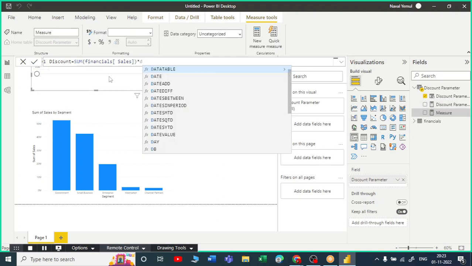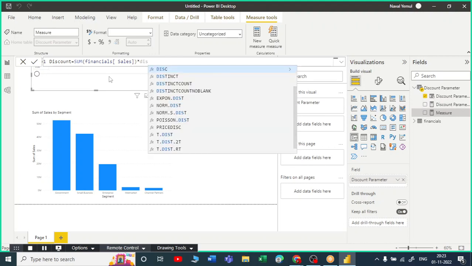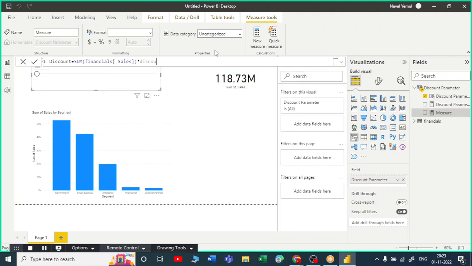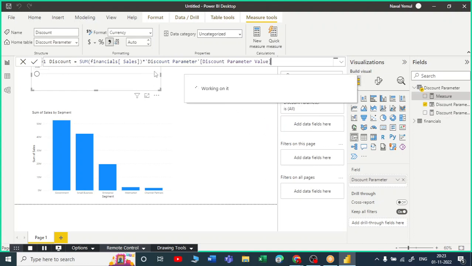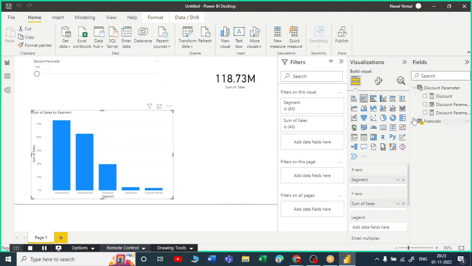Okay, discount parameter. Let me select this and click enter. So you're getting a new measure. Every value inside this discount parameter will be multiplied with the sales amount, and if I choose that in